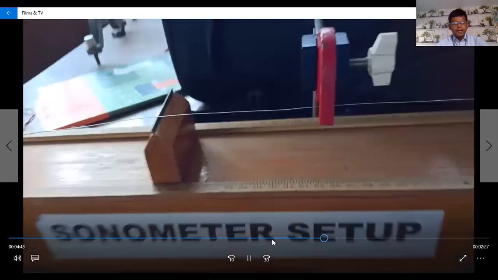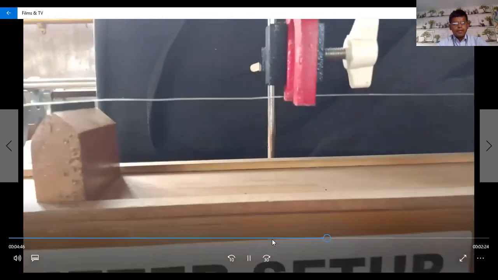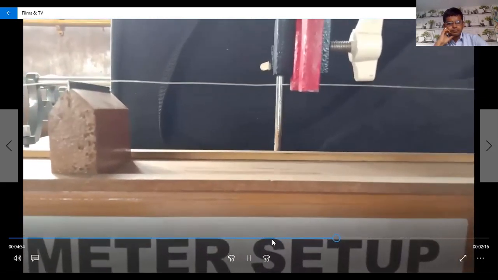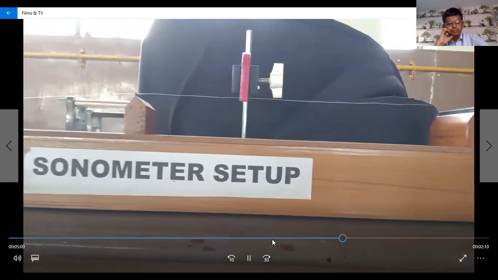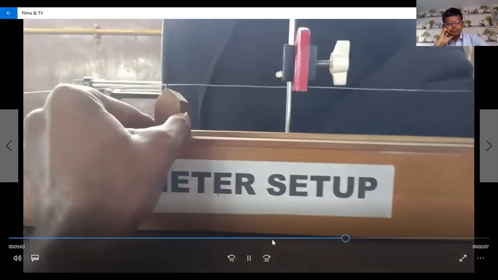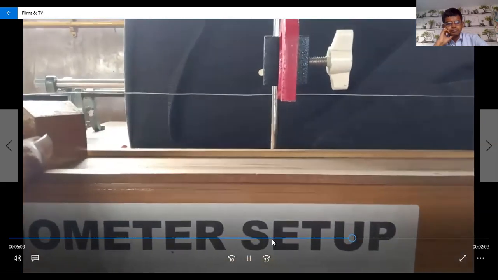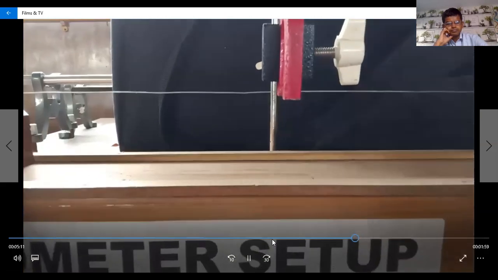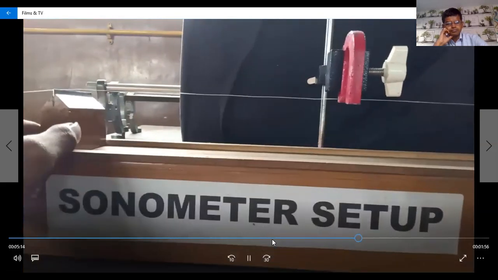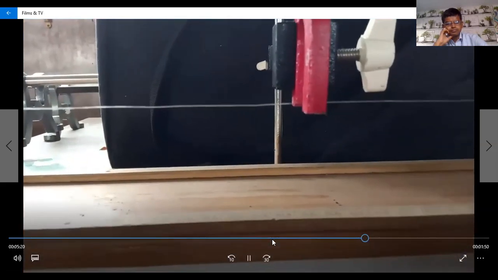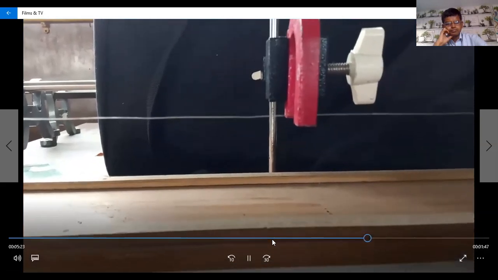After starting the battery supply, we load a 250 gram mass. First you see, after passing the current, you are showing only a single wire. No vibration should become, because one block is fixed. So now you move the second block very slowly to the back side. Now you find the vibration on the wire. Again you see a single wire after moving the second block back. No vibration yet. Now slowly the vibration will be coming.